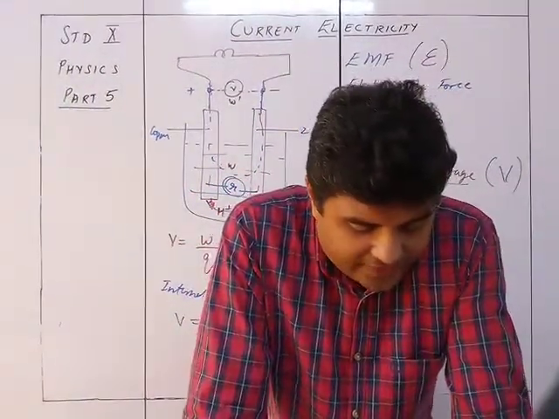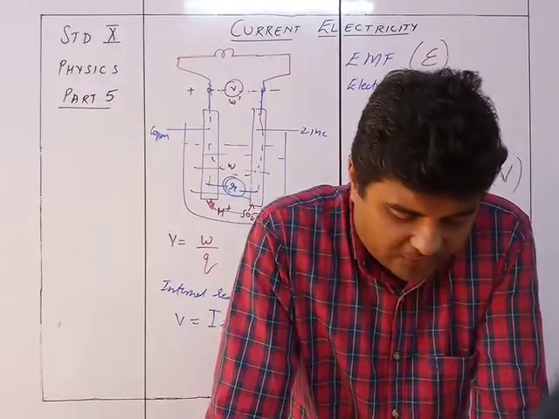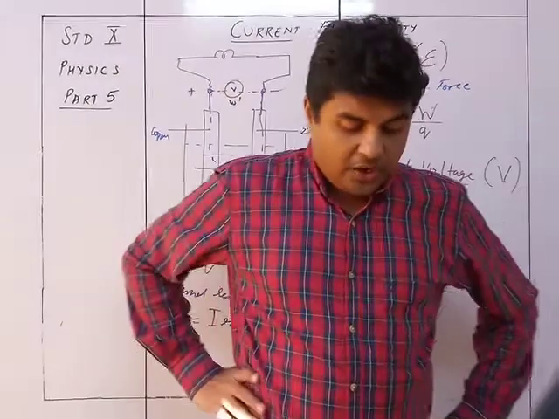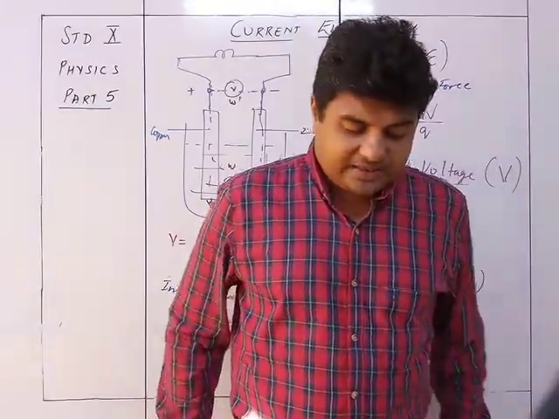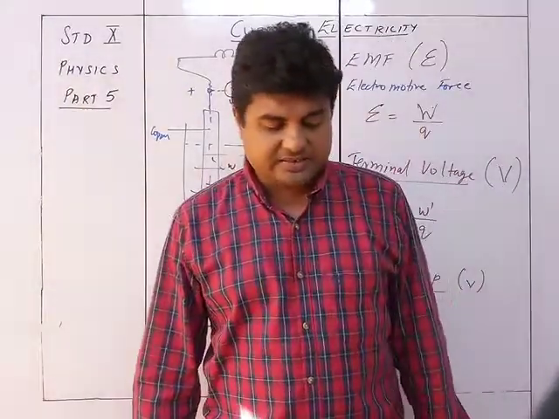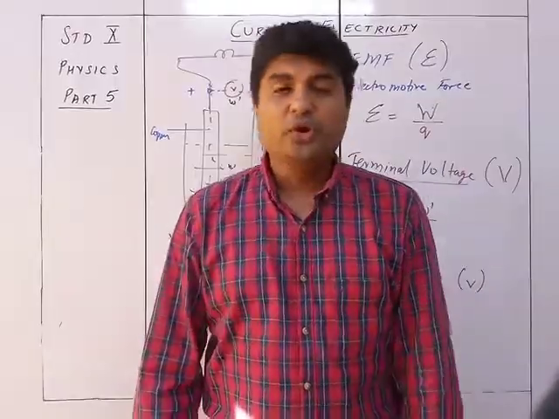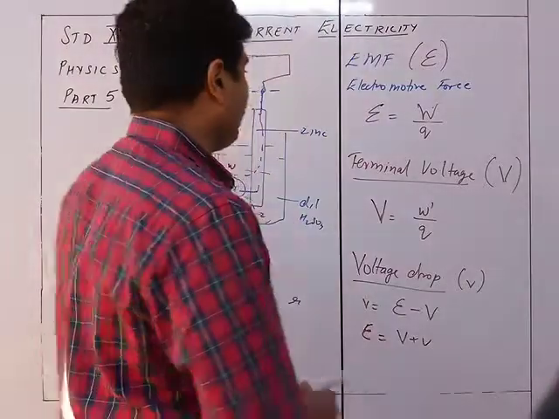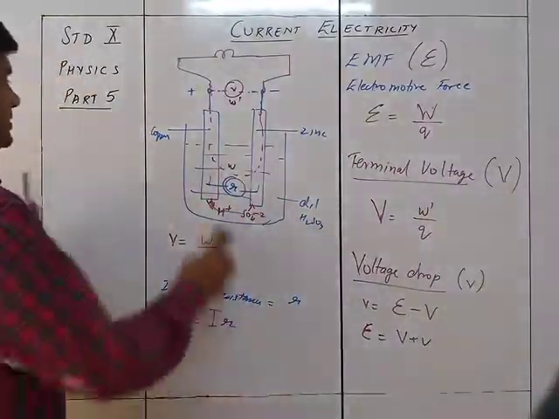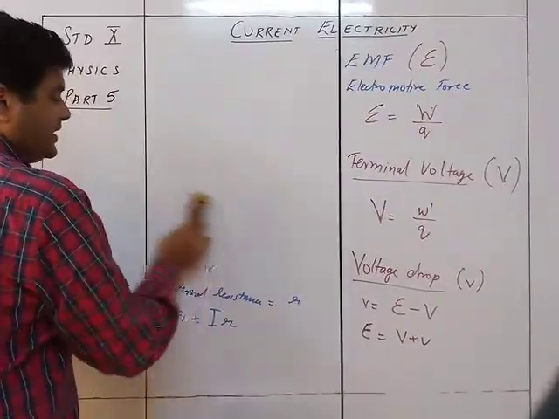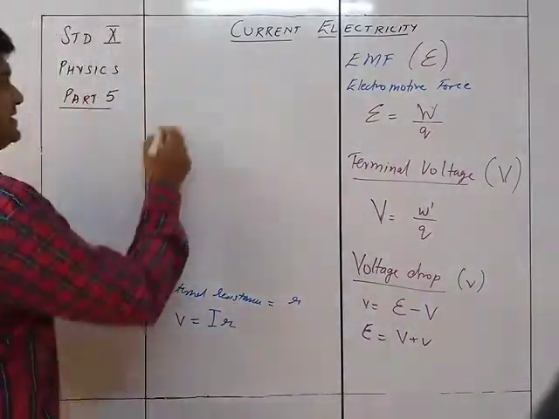So the current is drawn in the cell from the internal resistance r. The voltage drop v is equal to I r, small I into small r. For circuit analysis, the internal resistance r of the cell is considered to be connected in series with the cell, as shown in the figure. So normally, whenever you show any particular circuit in a figure, you will always show the internal resistance to be in series with the battery.